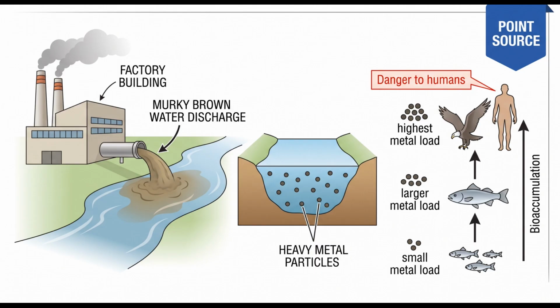The ecosystem effect that is worth knowing is bioaccumulation. Heavy metals dissolve in the water and are absorbed by small fish. When larger fish eat the small fish, the metals accumulate in their tissue. When birds or humans eat those larger fish, the concentration is even higher. Bioaccumulation means that the pollution problem intensifies as you go up the food chain, with humans at the top, potentially ingesting toxic levels of heavy metals from fish that appear visually clean.